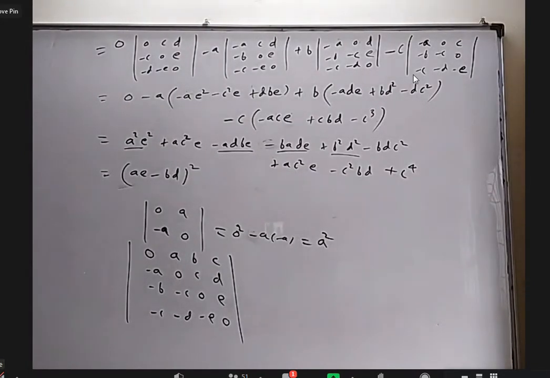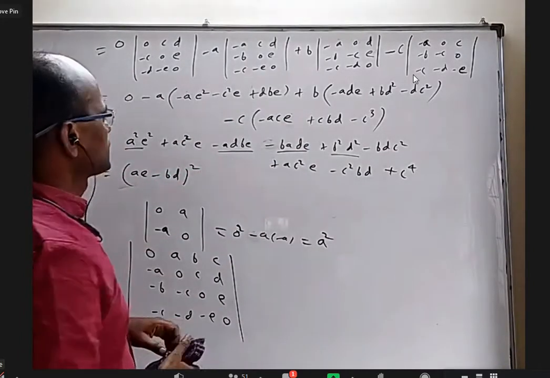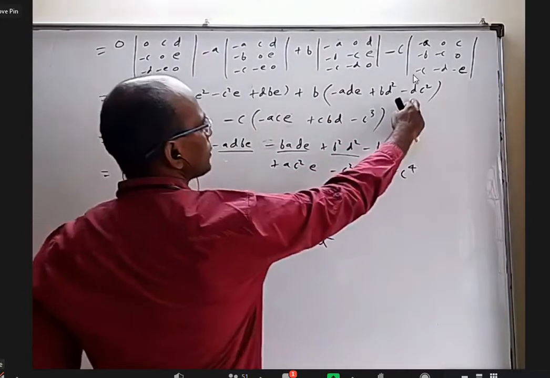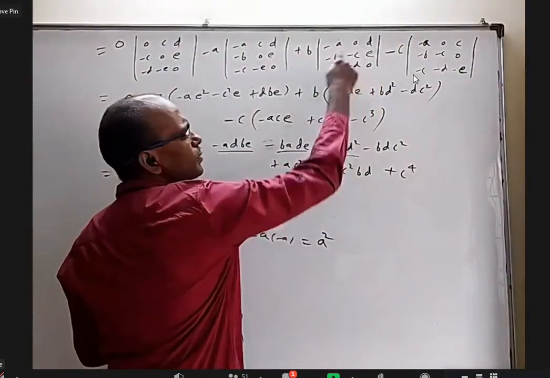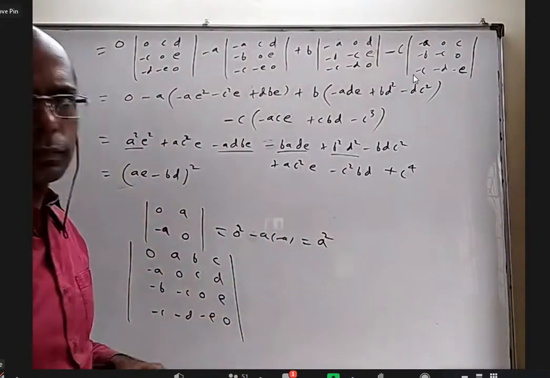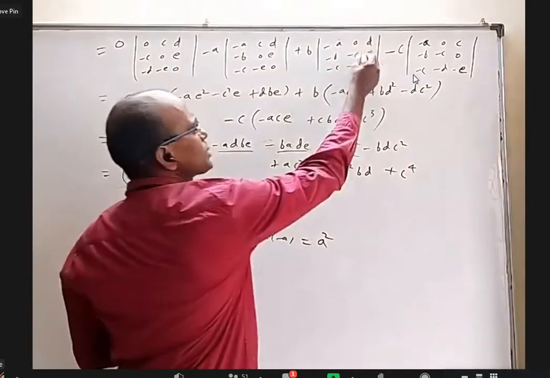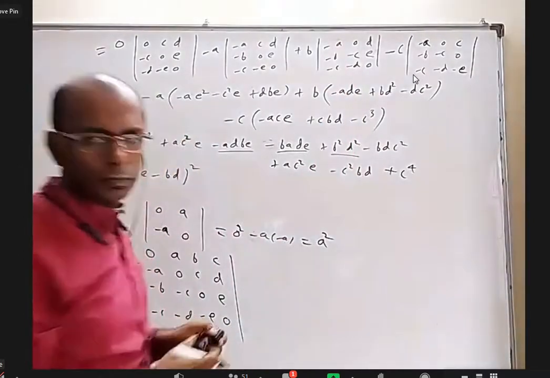Am I wrong with any minus something? So is it minus DC square or plus DC square? DC square, where is that? Where is DC square? Both B. Last one and the first line. Okay, let me see. That's correct only, na? Because D into what is this determinant? BD minus C square. Am I right? So how is it minus C square? Can you explain? Only this 2 by 2. What will you write? This into this is BD minus of this into this, which is minus C square, na? Okay, sir.